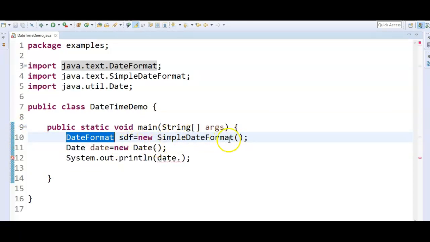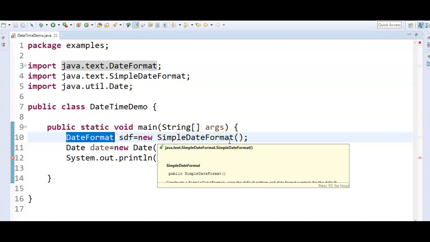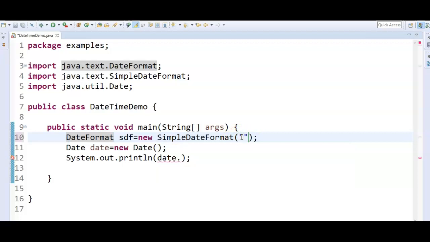So DateFormat sdf equal to new SimpleDateFormat, and say yyyy slash MM slash dd, HH colon mm colon ss. So first what we do is, before Java 8, first we'll create a date format.